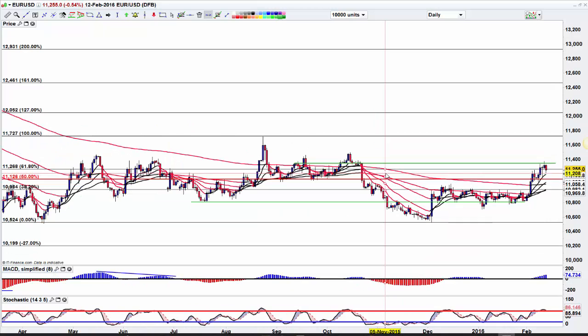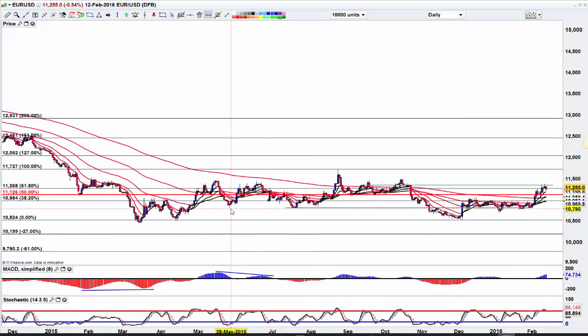Okay, stochastics are high, MACD is high-ish, and you can see we closed under this fib zone here at 268. We just narrowly closed below that. Okay, so I'm expecting some potential push higher in the Dow and a potential drop in the euro, and we have